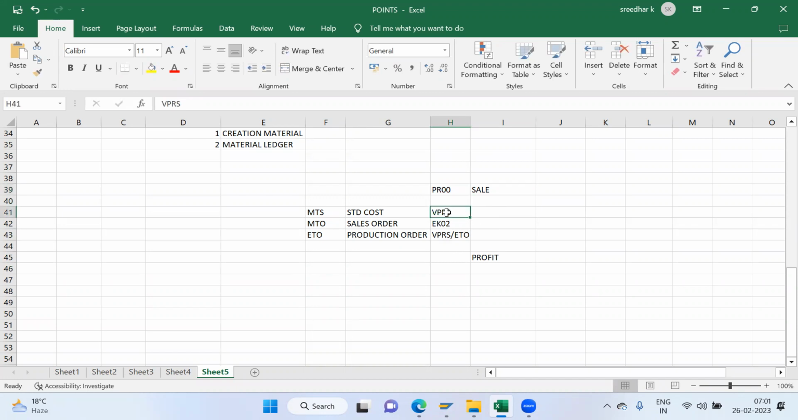PR00 minus VPRS, if it is an MTS scenario, profit will come. PR00 minus EK02, profit. PR00, ETO scenario, then profit will come. Whatever, irrespective of this, if you want to identify sales transactions, these are all our information in the pricing